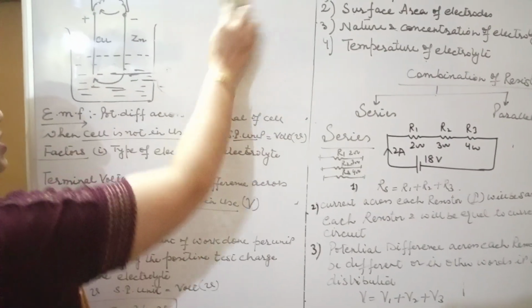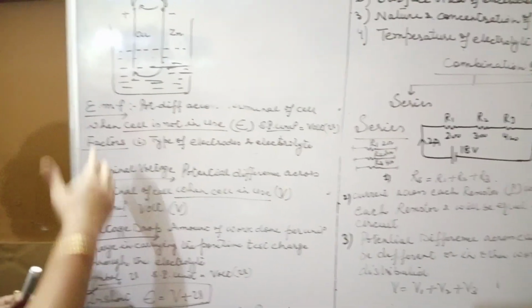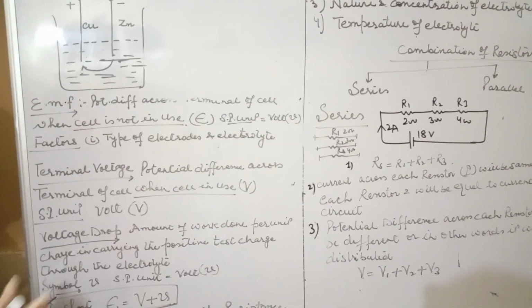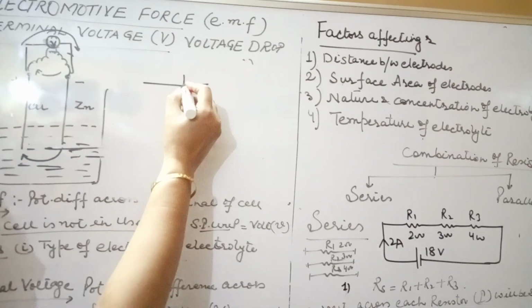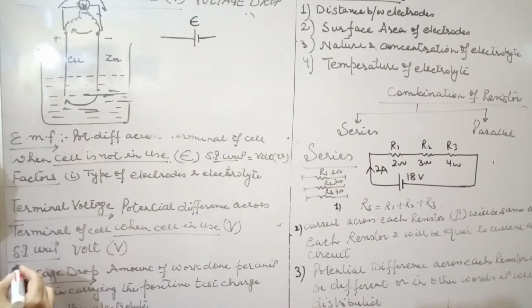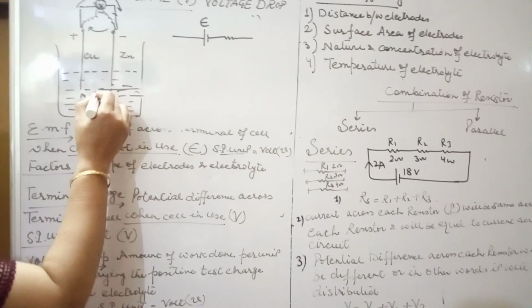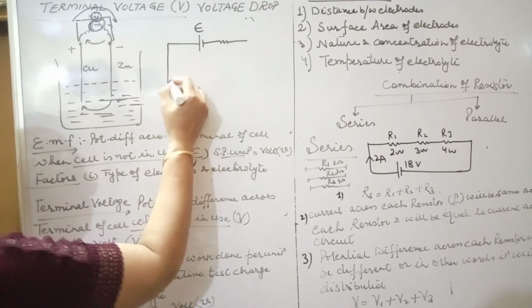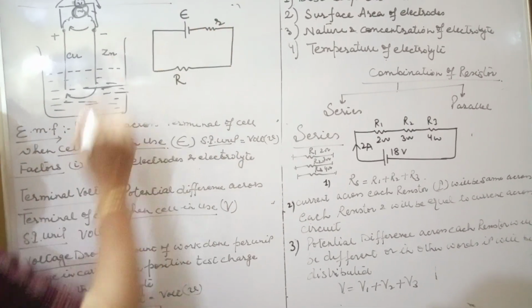Because you know in current electricity, when we solve the numericals, we are not drawing long or huge diagrams. Suppose I just want to draw one cell, then I will not draw one full cell. I simply draw the symbol as you have done in earlier class. So this is the representation of a cell. On the cell there is always EMF. Along the cell there is internal resistance. If you see, the internal resistance is only inside the cell due to the electrolyte. And this bulb is called external resistance. This is capital R, this is small r, and this is epsilon.